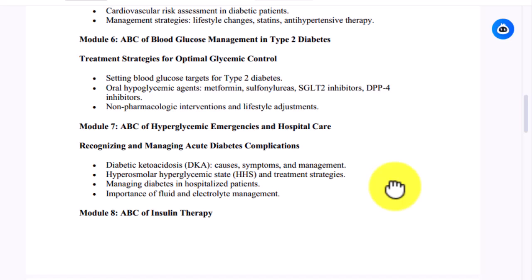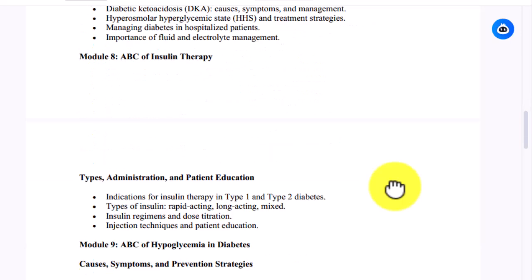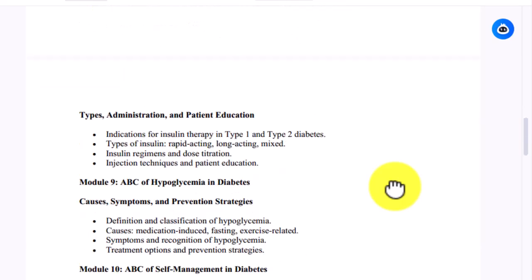diabetic complications, diabetic ketoacidosis, causes, symptoms and management, hyperosmolar hyperglycemic state and the treatment strategy, managing diabetes in hospital patients, importance of fluid and electrolyte management. ABC of insulin therapy: types, administration and patient education,